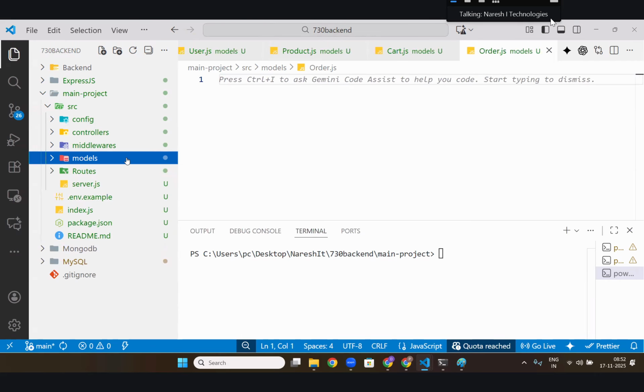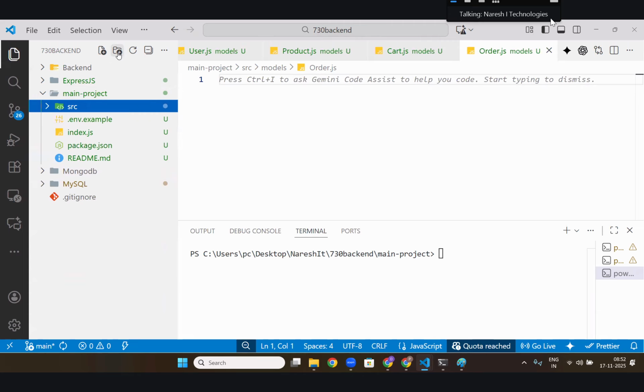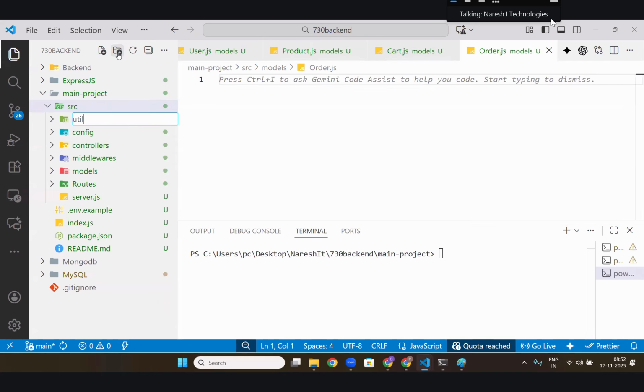I may need another thing like email sending or something of that kind. I don't know what I need. So I will just create one folder called utils, but I won't write anything in utils until I start my application, because until then I don't know what I need. This is a basic structure. Online, anyone have any doubts?